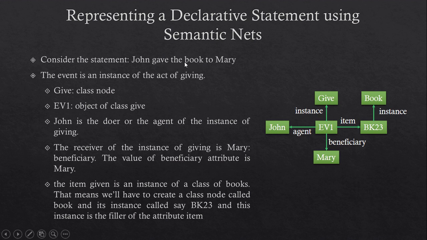The event has an attribute called item, whose value is a specific book. It's a particular book. It's an instance of a class of books. That means we'll have to create a class node called book and its instance called, say, BK23. And this instance is the filler of the item slot. This is the complete slot and filler structure for the statement John gave the book to Mary.